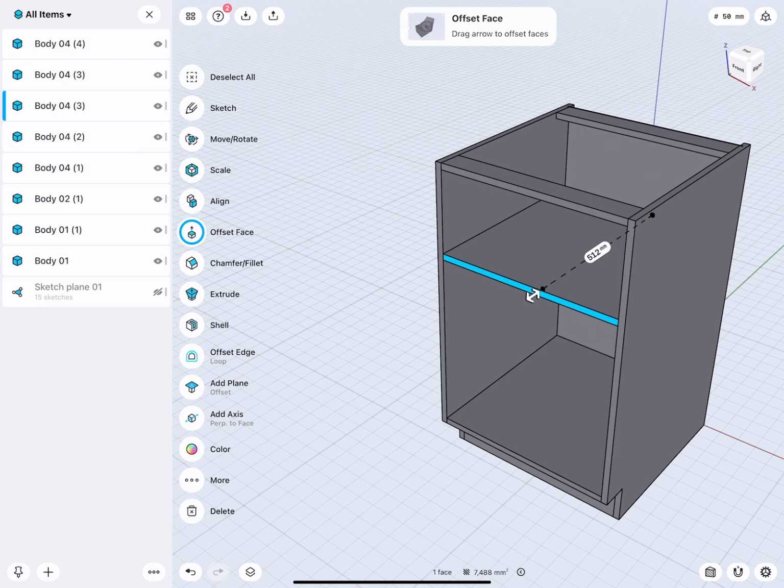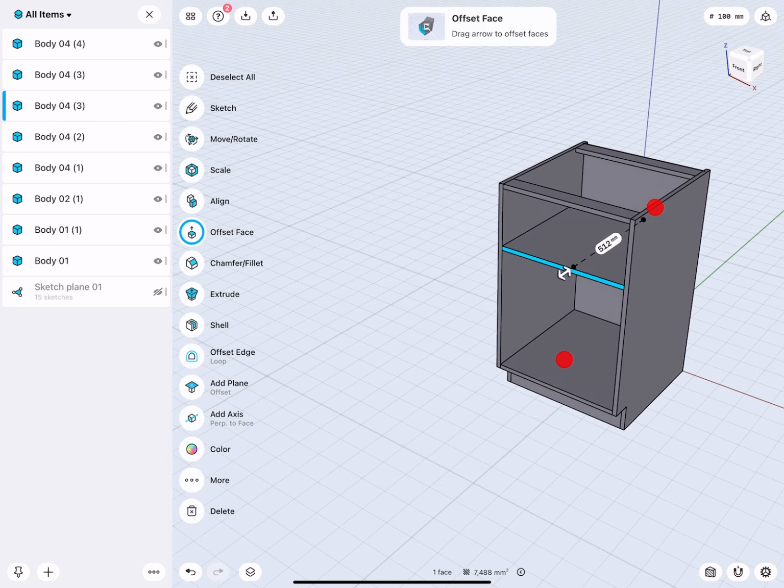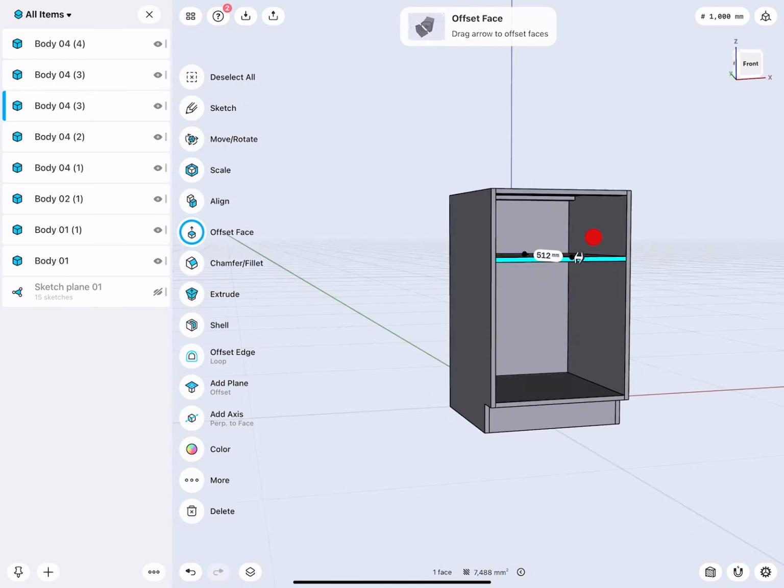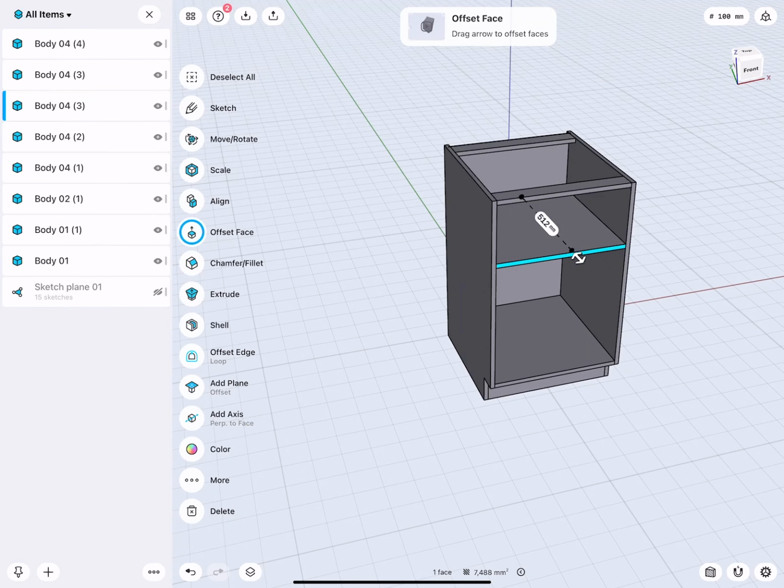I don't really know yet where this has to go to, but this is just a placeholder. Okay, so I would say at this point, we have the toe kick, we have the bottom part, we have the support, we have the back wall left and right, and the shelf.